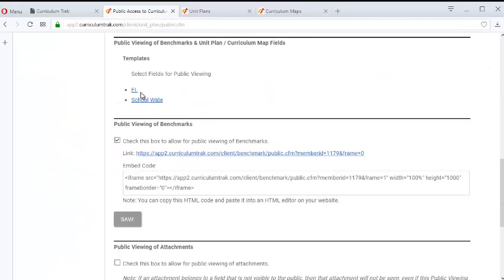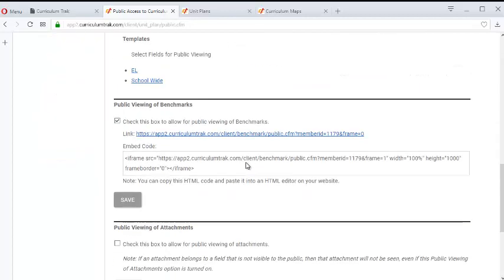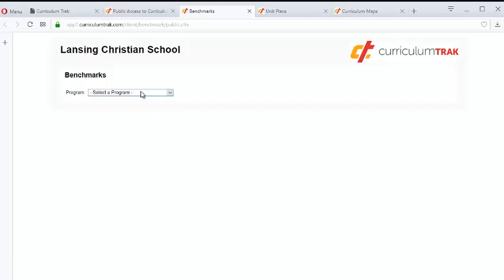The next item down then is the public viewing of the benchmarks. So if you wanted your parents to be able to see benchmarks but not see unit content, like essential questions and such, you can turn off your maps and unit plans by clicking on this, click Save, and still have the benchmarks turned on. And again, if I click on this, it generates a URL, and in that URL, your